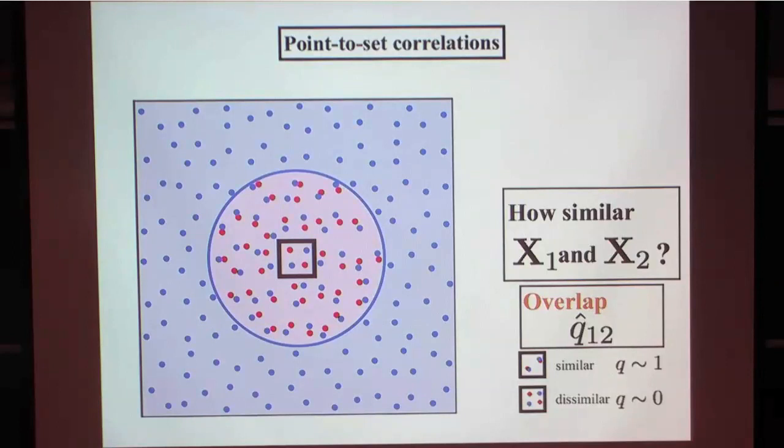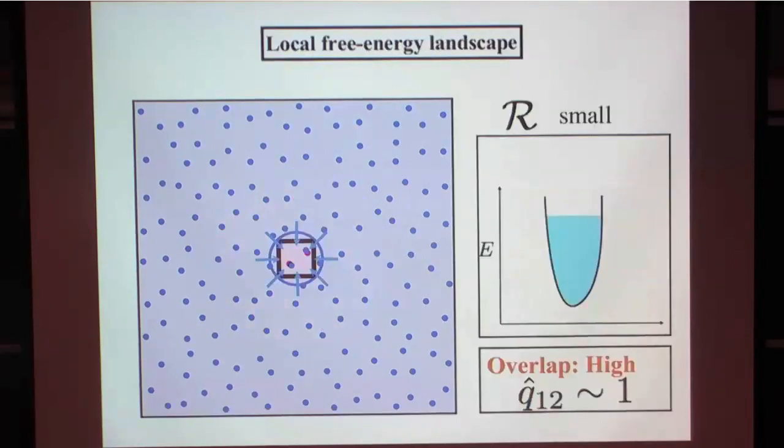So what do you expect for this quantity to do? If you take a very small cavity, then at the time you fix everything outside the cavity, basically what you have inside is dictated by that environment. Okay. So here's the landscape for the particle inside the cavity, and it basically has one minimum, and it just oscillates around that minimum. So this blue is kind of a water level that depicts how it's occupied by the conditional Boltzmann ensemble. Okay. So in this case, it's basically always similar to the original configuration, so the overlap would be pretty high, close to 1.